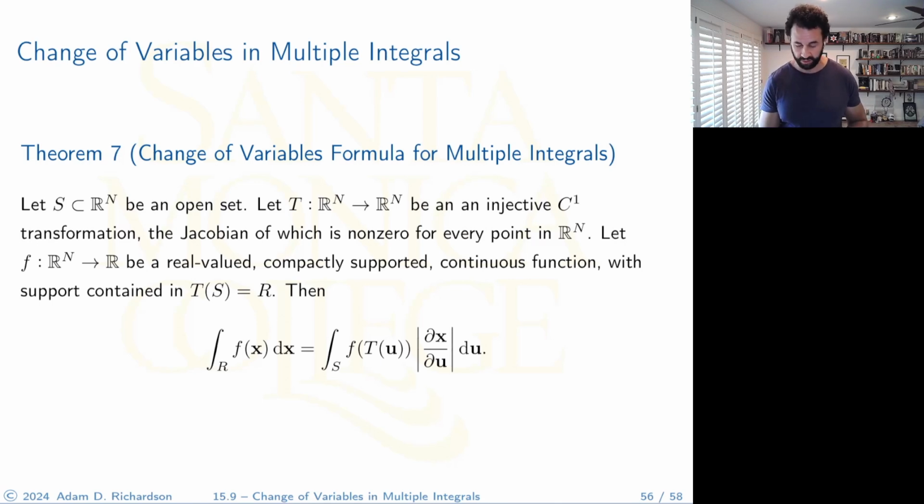A couple of small notes about these extra conditions here. Compactly supported just means that the place where the function is not zero, the closure of it is a compact region. I can explain it more in class if you are interested. And we need the support of the function to be contained in R. So it's got to be where the function is not equaling zero, we need that to be in R. But again, I can explain more of that in detail if you're interested in class. Okay, now,